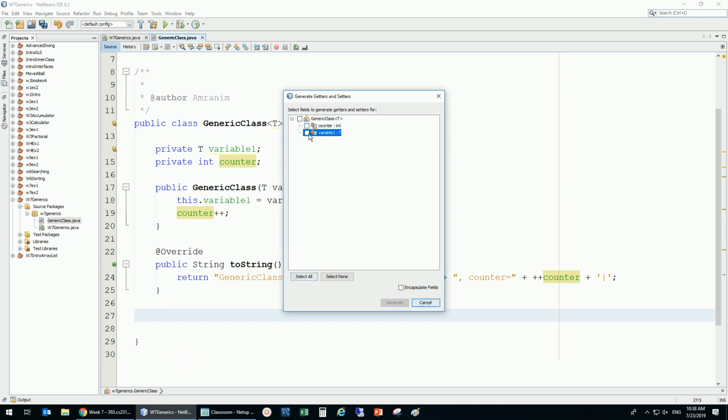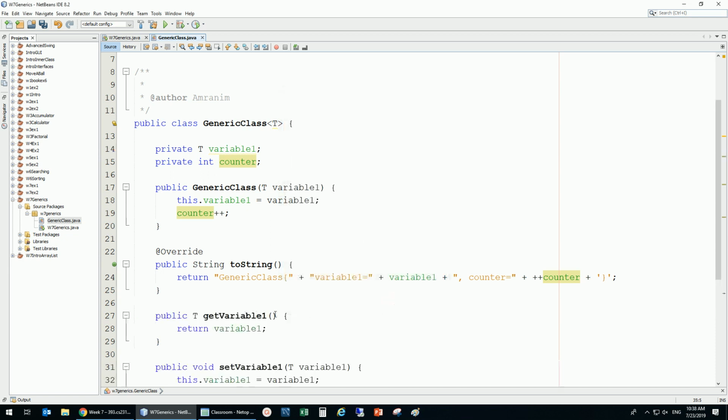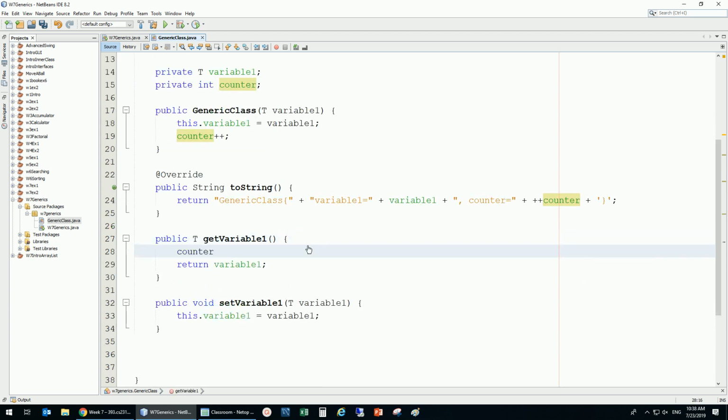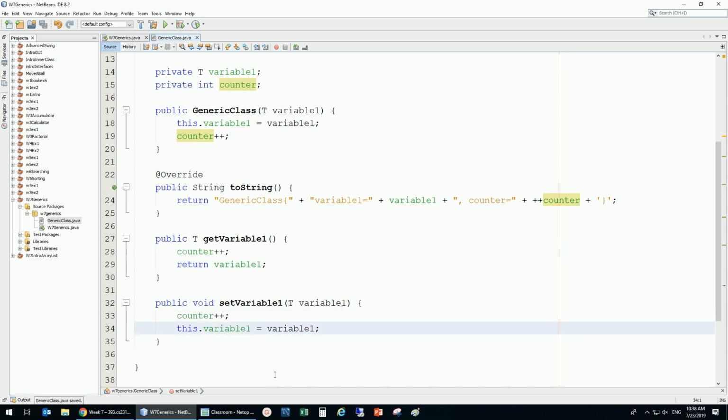I just select this T, variable 1, which is type T. I would like to have this setter and getter, and I'm going to get variable 1, set variable 1, and you see get variable 1 just gives me that, but every time I'm going to increment the counter just for fun. So when I display, I'm just going to display whatever. So I can set the variable 1. As you can see, T now is like a data type